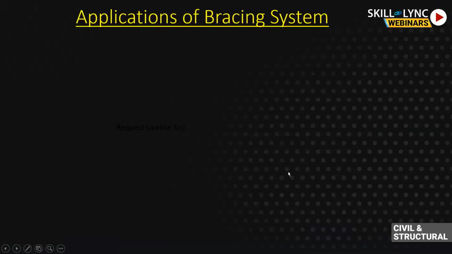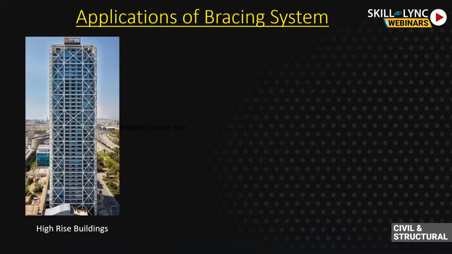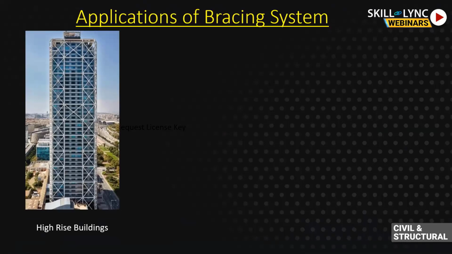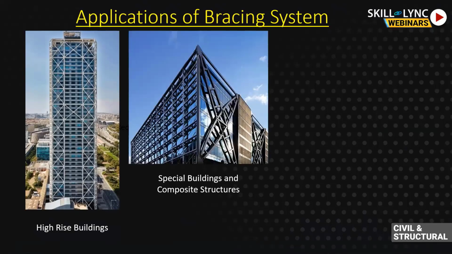Going ahead, let's look at the applications in the real world. I have a picture and view of that. It can be used in high-rise buildings. It's clearly seen here very well. The system is shown on the front face. There's a whole brace frame system. Here is also a very good example. It's a special building and composite structure. The building is actually made of composite structure, so it has both steel and RCC components. But as a lateral load resisting system, the main lateral load system is these bigger X braces, which are transferring the whole building's lateral loads to the foundation.